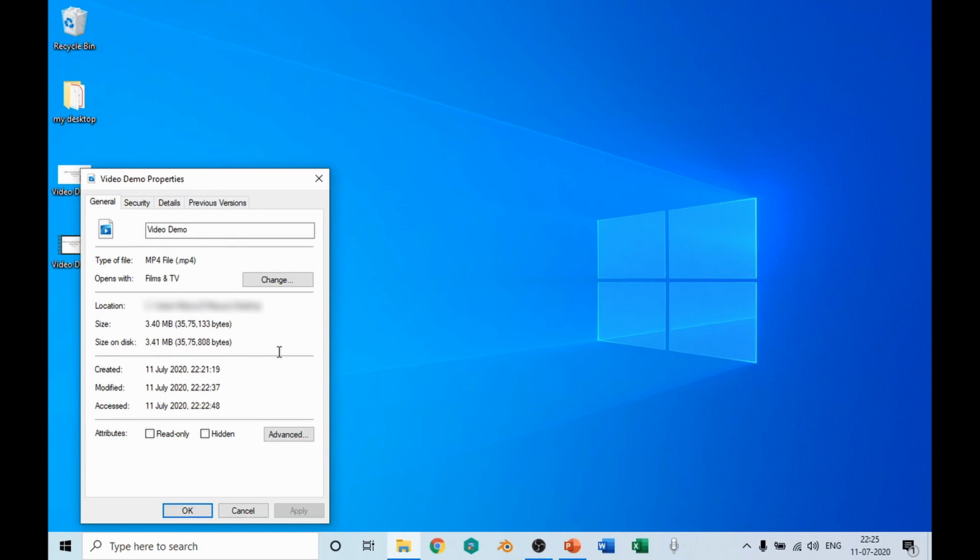Maybe if your presentation is 15-20 minutes, then the conversion time will also be nearly around 10 to 15 minutes. So you have to wait for that. If you close the file in between, then it may not get converted properly, right? My video was short, that's why the file size is also small.